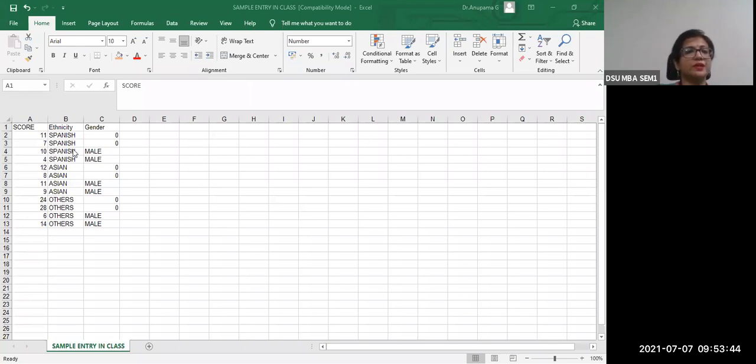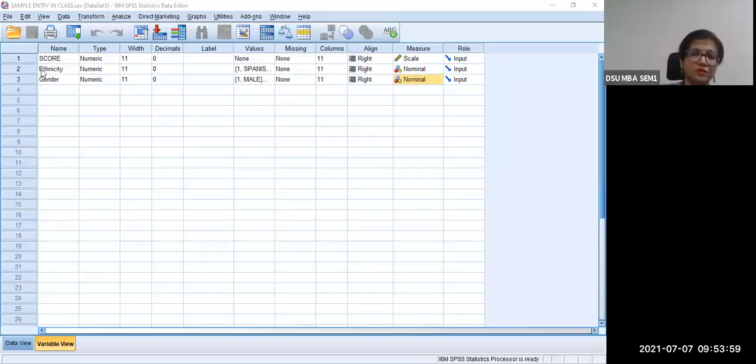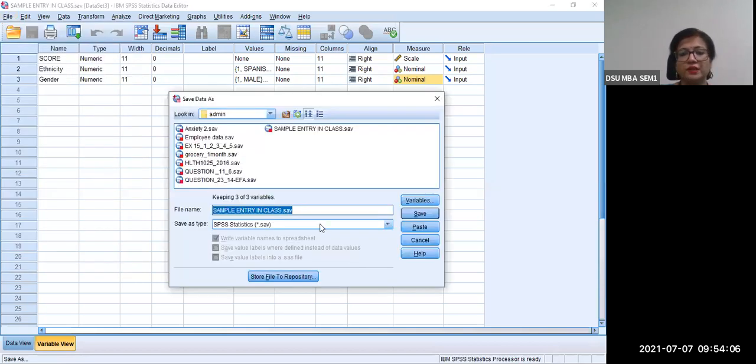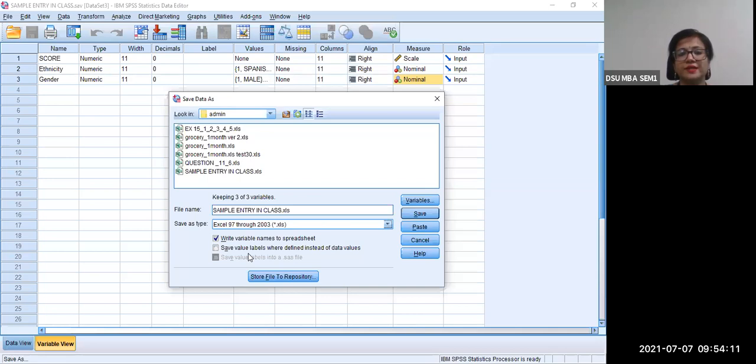How has it got stored in our Excel sheet? It has got stored in the format in which it has appeared, the main data, right? If you want to store it in zeros and ones, there is also an option to do that. So what we will do is we will go back here to our SPSS data. We will try and see how we want to do it again with the coding remaining constant, right? And here it's coming up on the screen.